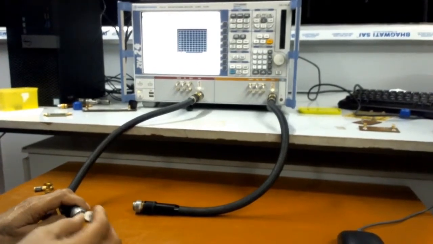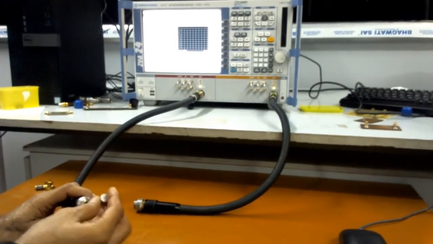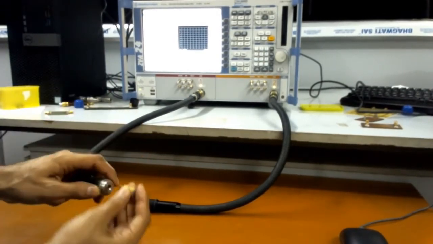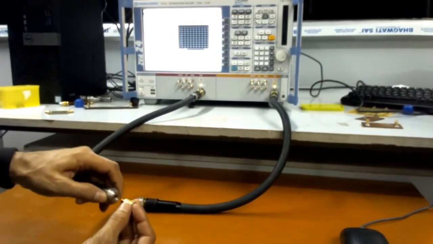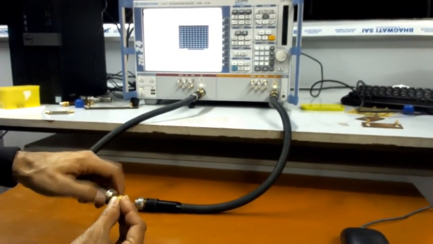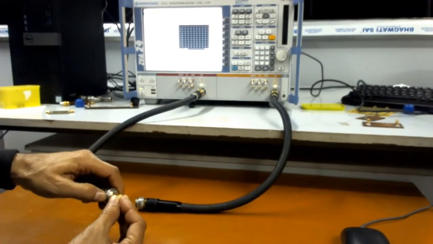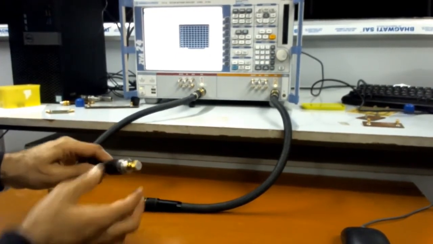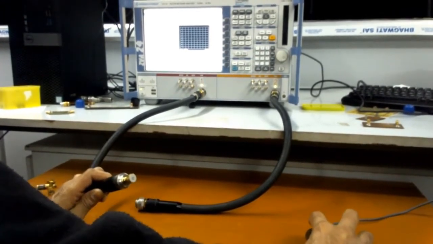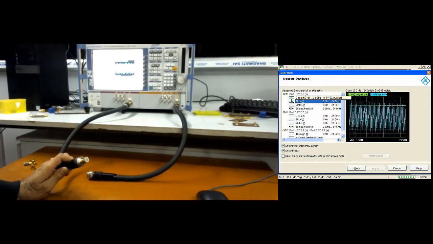So now let us start with the open connector. This is a part of our calibration kit. So let us connect it with the probe which is connected to port 1. Here we have to be careful that only the male part of the connector should be rotated, so that the inside conductor is not damaged. So now it is connected. So now we have to select the open for port 1. Now that part is done.